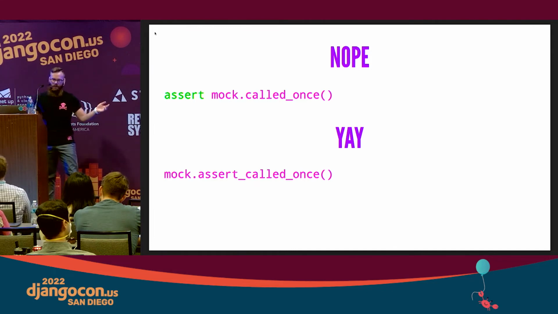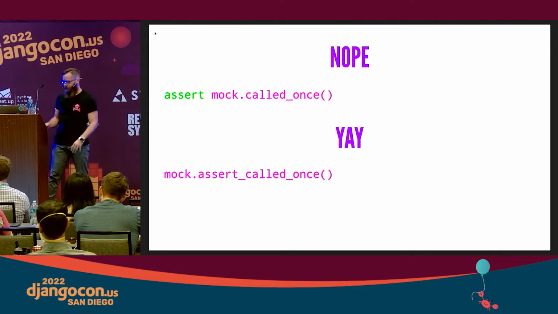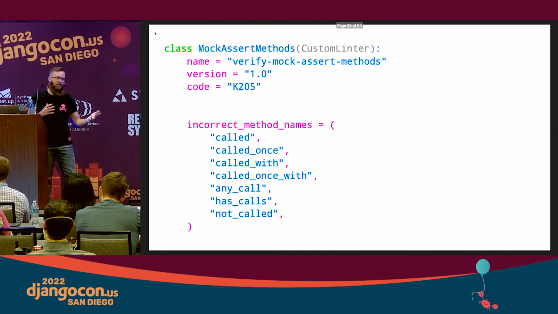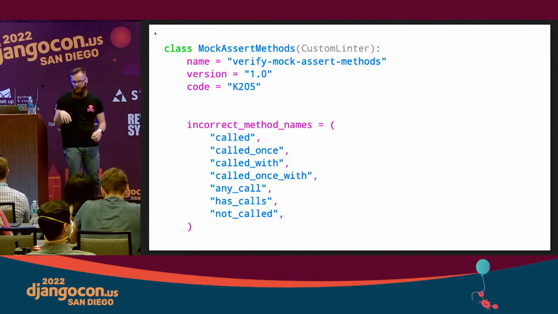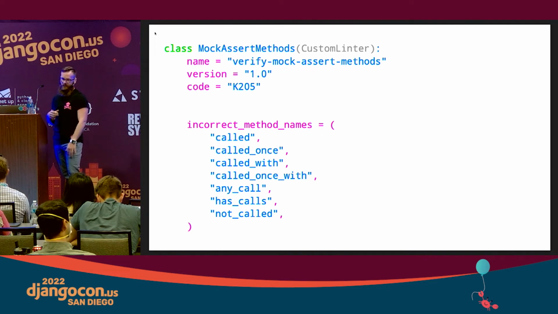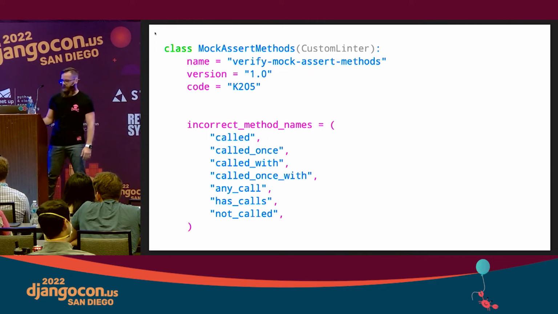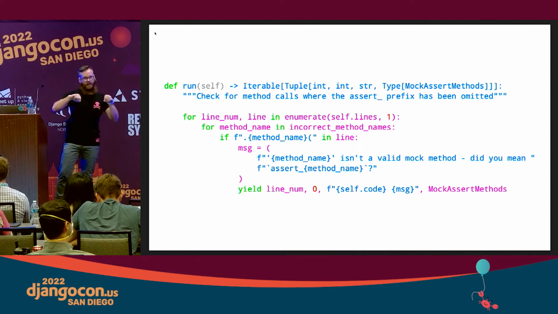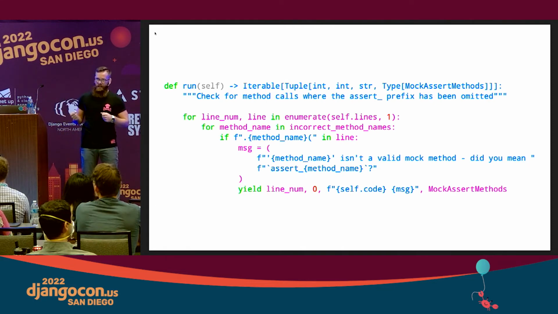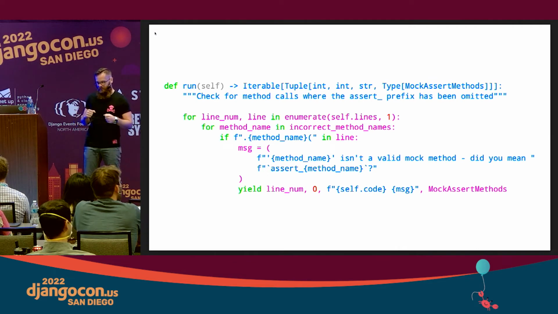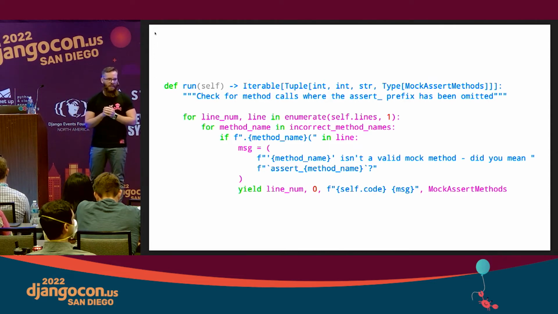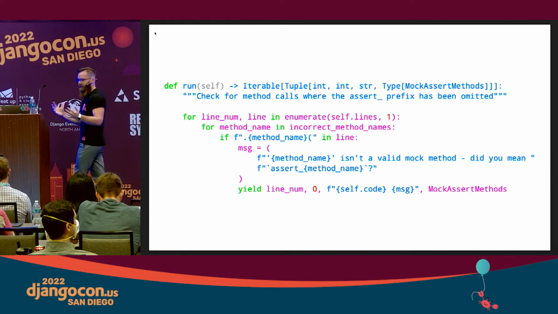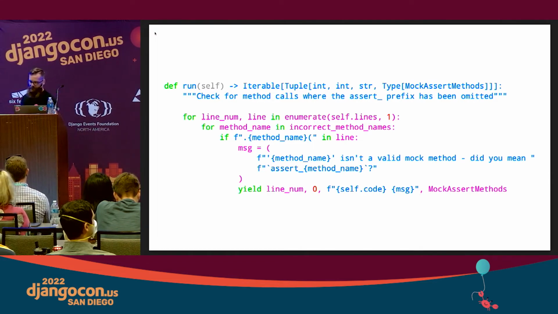The correct way to do this is to call the assert_called_once method on a mock. This is such a common thing to do. How can we make sure that no one ever gets to check in code the other way? Here's a very simplified version of a custom Flake8 rule that we have with all these incorrect method names. So don't call called_once_with. What Flake8 does is break all of your code down into lines and the AST, so that you can do a whole lot of interesting manipulation and verify what's happening under the hood. In this particular simplified case, we're just looking at lines of code that Flake8 passes to us. And we can say, hey, did you call the called_once method? You probably meant to call assert_called_once. Then Flake8 will fail the file, and we'll never be able to check that code in.